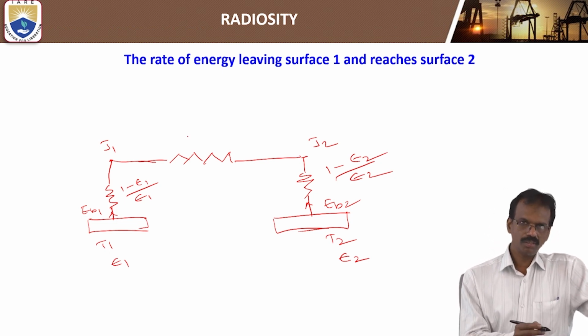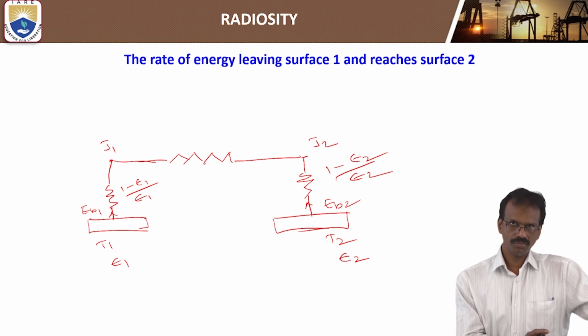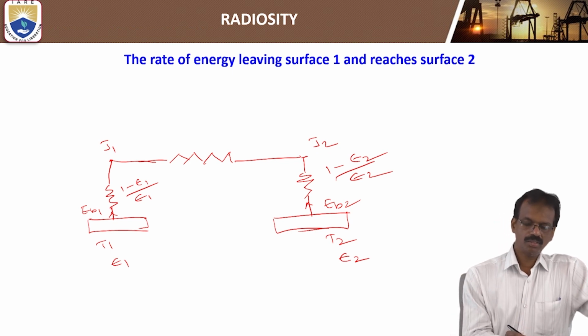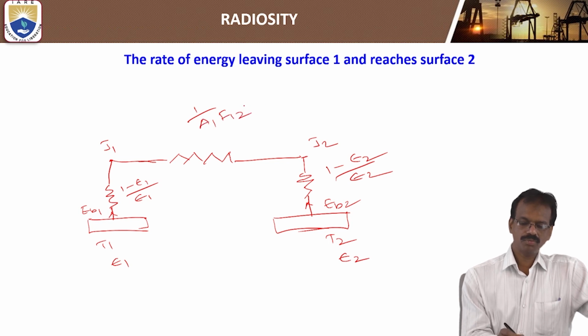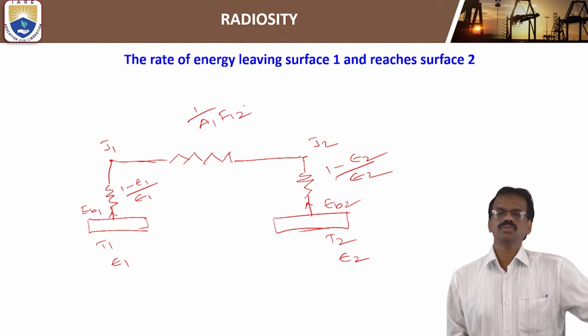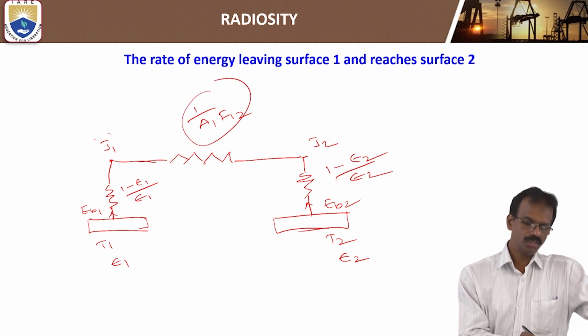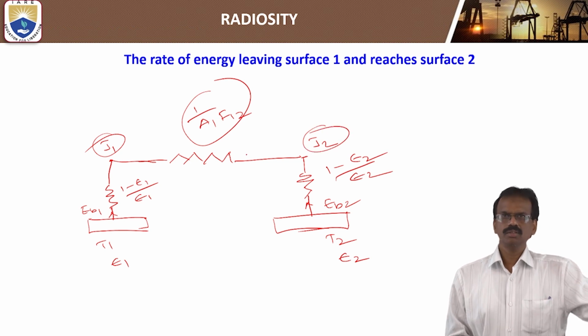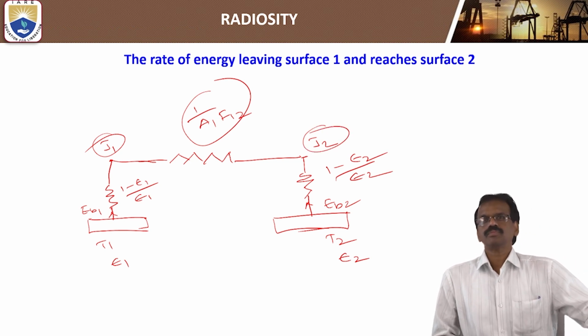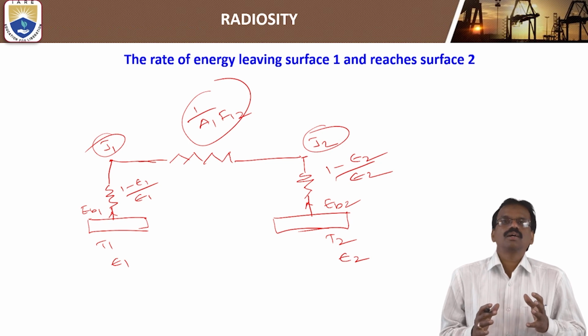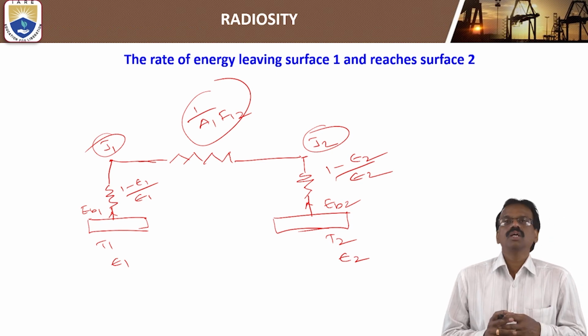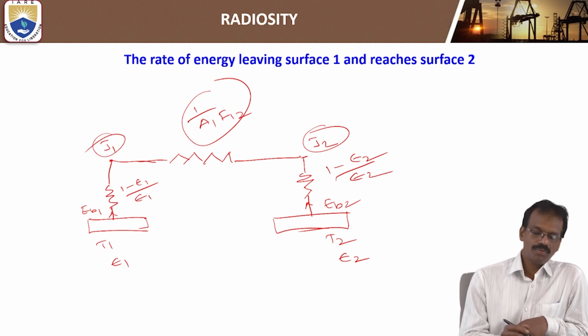If you consider heat transfer from surface 1 to surface 2, then this one is 1 by A1 into F12, where F12 is the view factor from 1 to 2. So this is called the space resistance, between radiosity 1 and radiosity 2. So we'll see totally, if you consider the rate of heat transfer from surface 1 to surface 2, here we'll see three types of